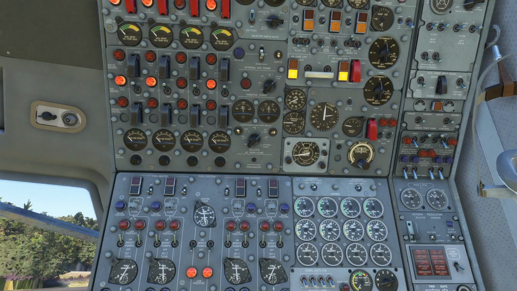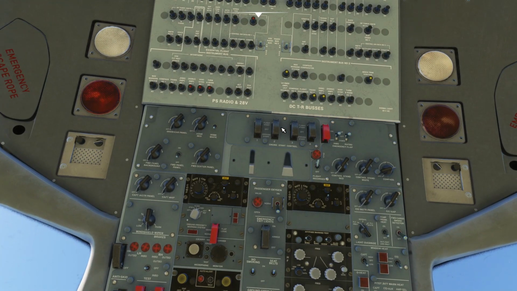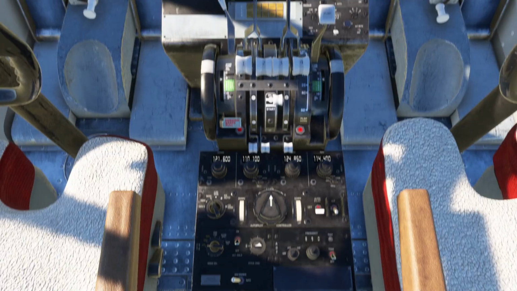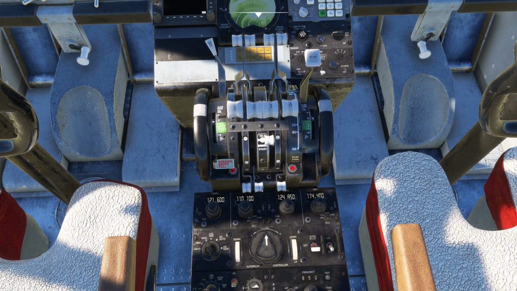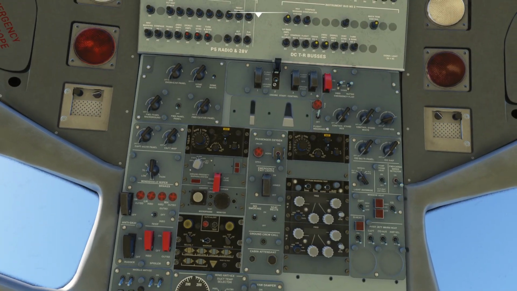So that is engine number 3 started, and for the rest of the engines you need to repeat the same procedure. So we'll start engine number 2, same procedure, move the switch to ground start, go to the pedestal, move this fuel mixture lever to start position, go to the overhead panel and wait for the switch to move to the off position. So it has moved to the off position. Close the guard,